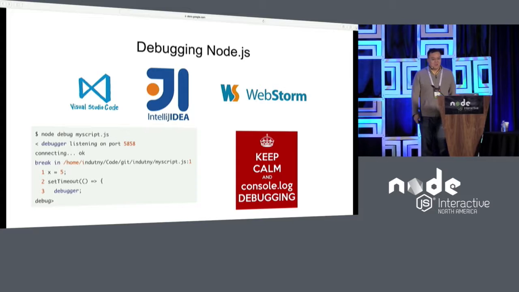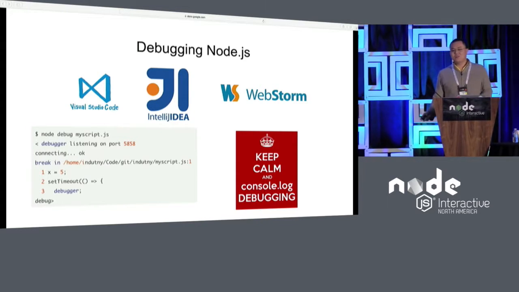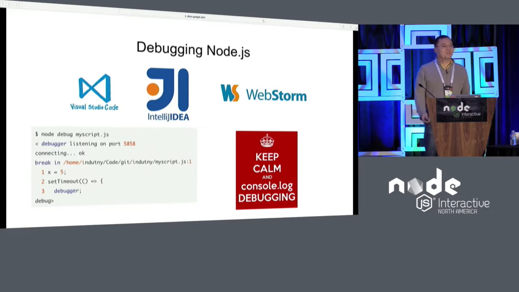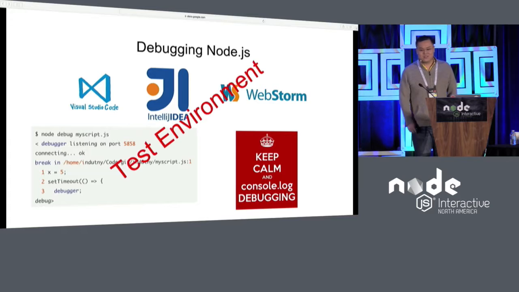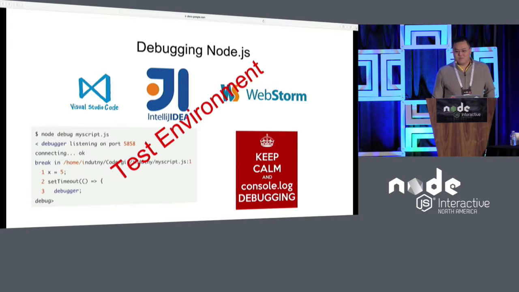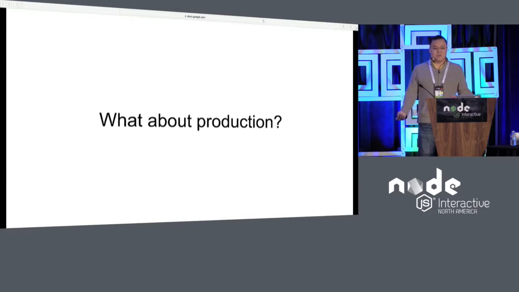You attach a debugger. What's all the same about all of this stuff? Is there a common theme that ties all of these debugging tools together? I won't leave you hanging. You can only really use them in a test environment, right? And the reason is that you can't really go and attach a debugger to production, right? Because if you did that, then the process would halt, and whatever customers you have that are currently connected would not receive a response back. So what do we do about production, right?